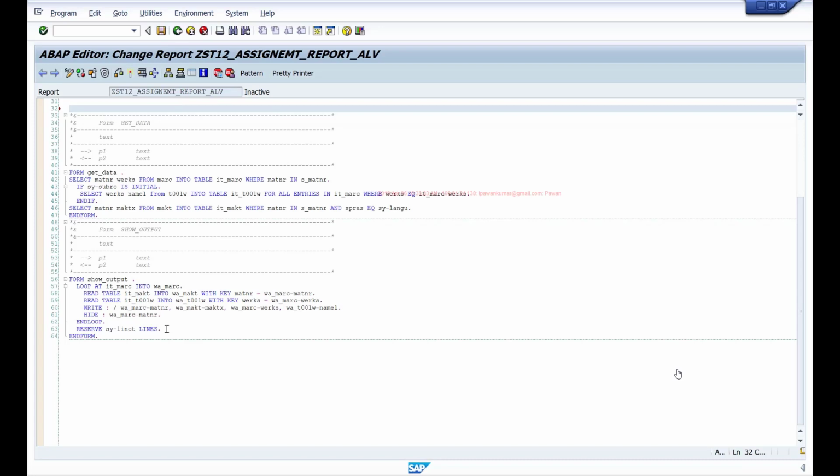So we'll see all these three types of ALV that you can create. First we'll discuss the function module ALV, then I'll show you how to do it with the control framework, and then finally we'll discuss the ALV object model.